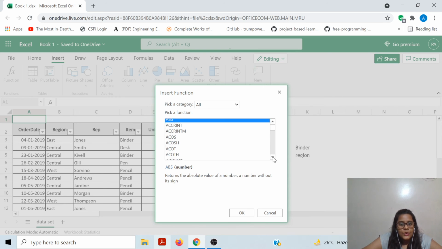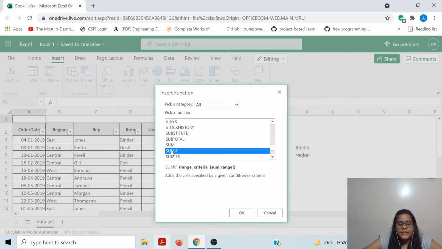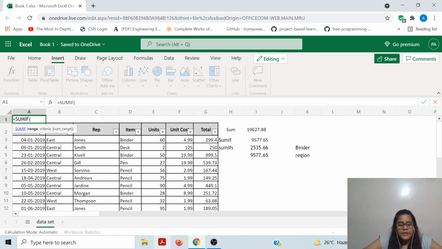So you can go into all and you can select the function that you need, that is SUMIF in our case. So if I select SUMIF and I put OK, then the formula automatically appears.